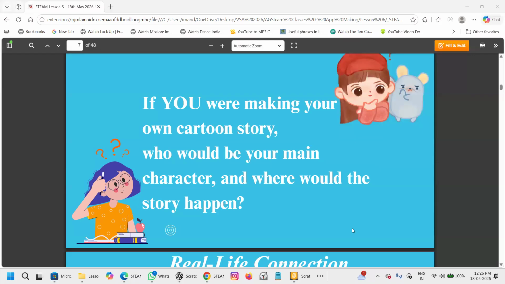Quick, quick, quick. Yes, in my opinion both are important, the character and what happens. But what character you want and where you want it to happen? See, BB said Tom and Jerry, and I want to make one of them. But where would you want Tom and Jerry to be? Which place? The place is called the background. So where do you want it?